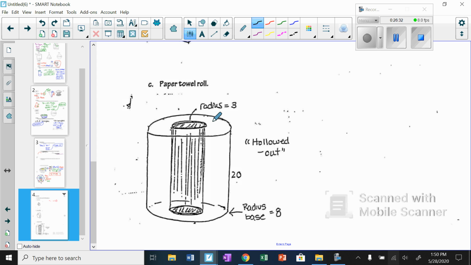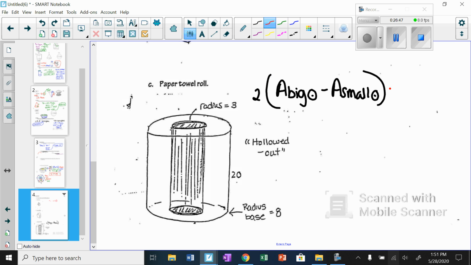To paint the top and the bottom, it's going to be the area of a big circle minus the area of the small circle times 2, because that's the top and bottom, plus the lateral area of the big cylinder,